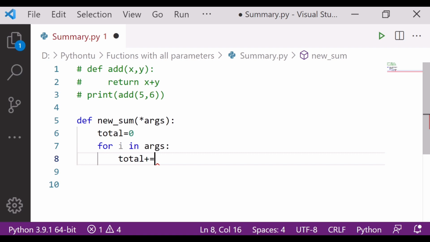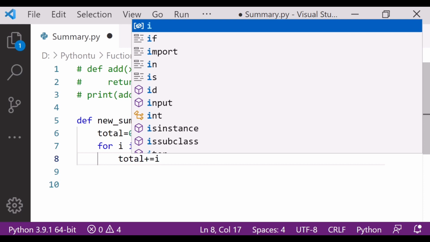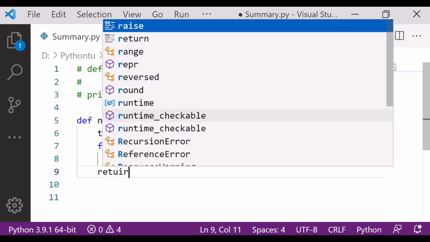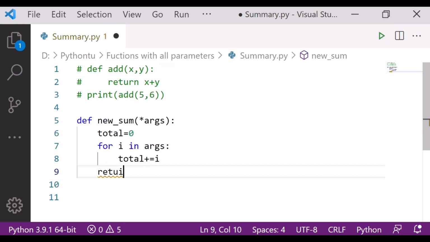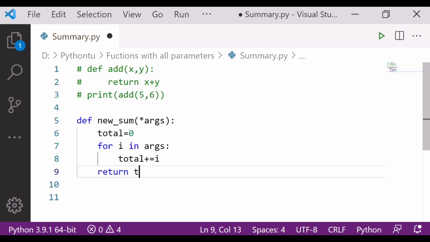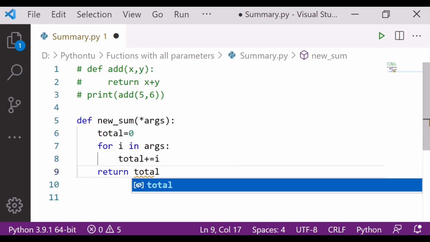Anything you can write here. If I write i, that is also fine. Now I say return total.